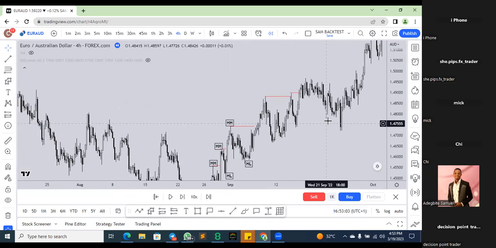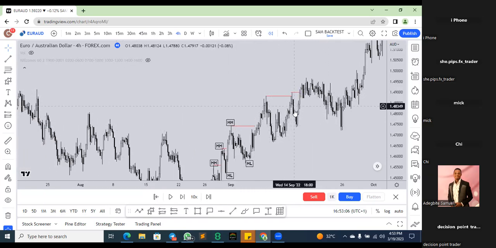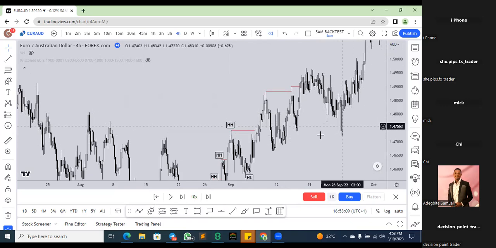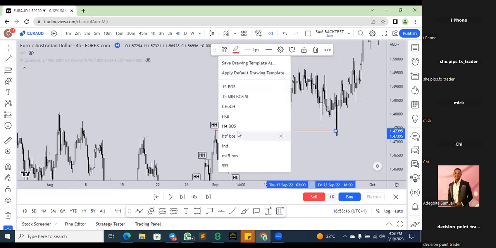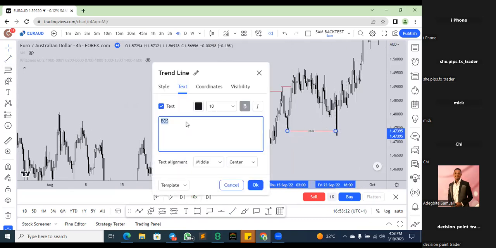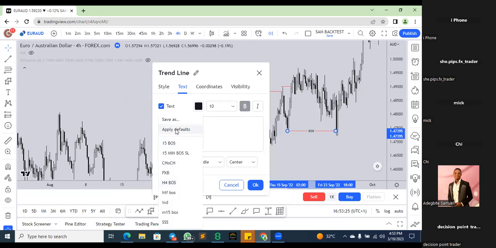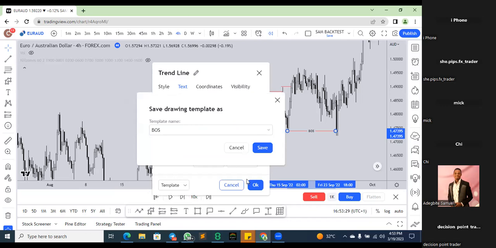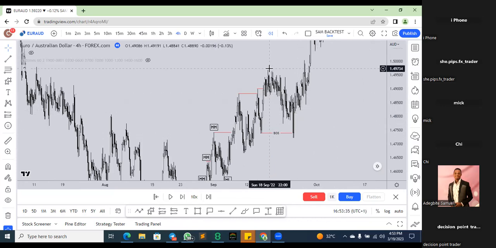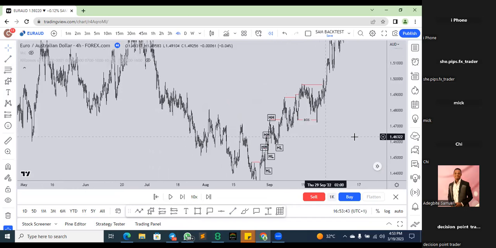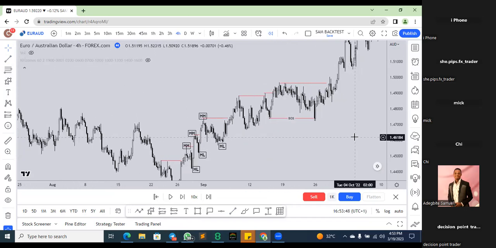Now, if you get to this high here, price creates a low, then takes out the high, taking out that low by breaking structure. Now, price went up again to go and take out that high. If you follow what I told you about the minimum of 2 candle retracements,